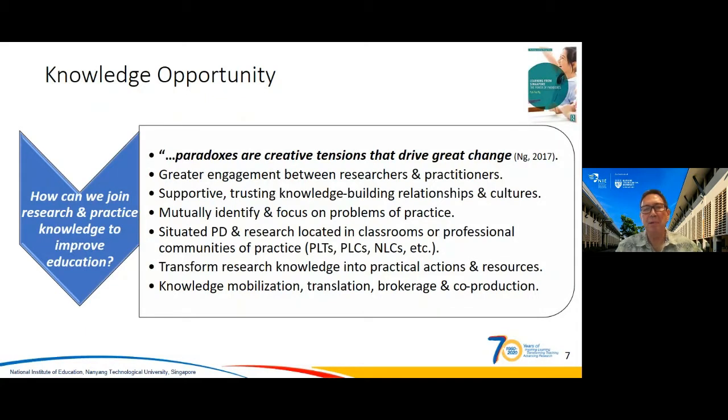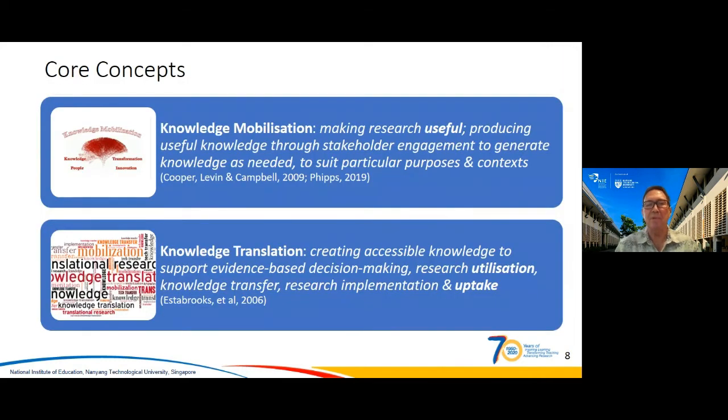It's really about the engagement between researchers and practitioners, developing knowledge building relationships and cultures, focusing on common problems of practice, situating it in schools and other professional communities of practice, and really transforming research knowledge into very practical actions and resources. So I'm going to talk a little bit about some of the core concepts that are mentioned in